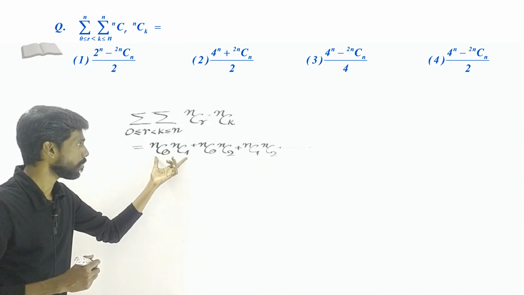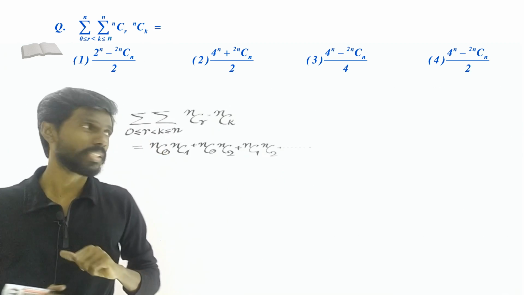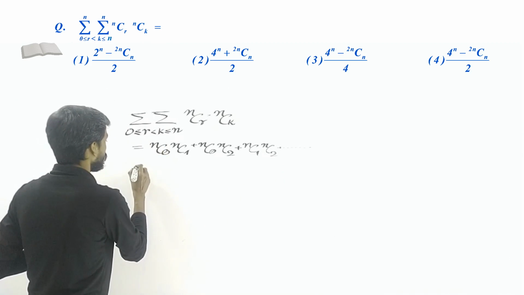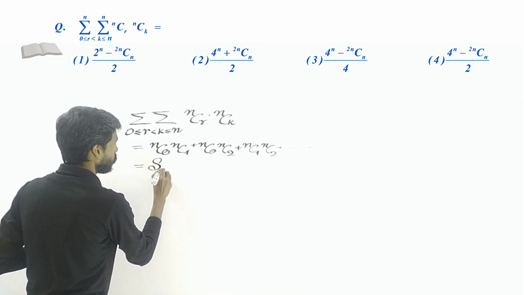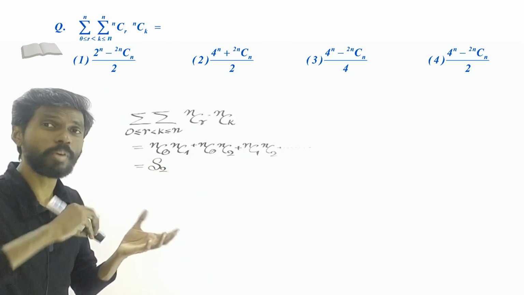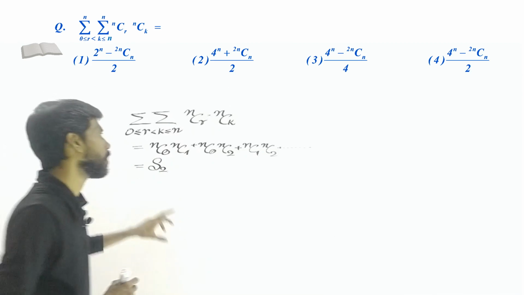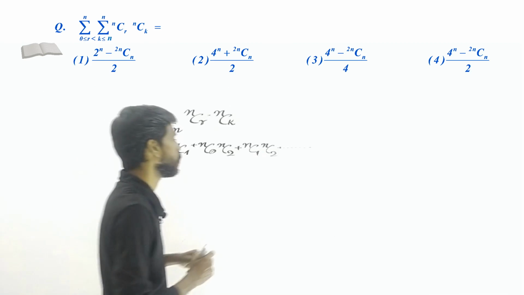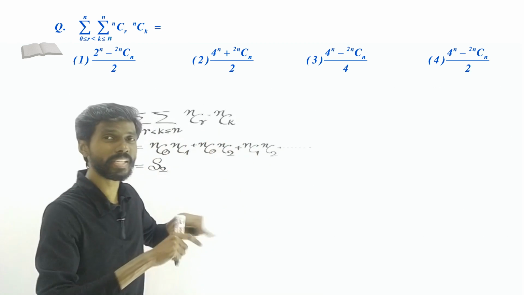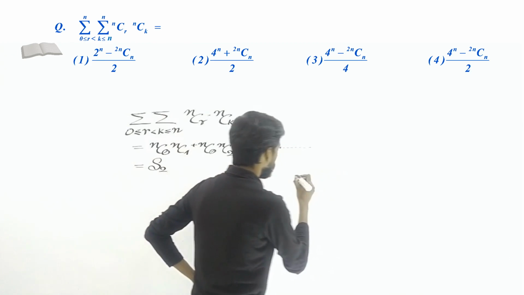Two binomial coefficients multiplied and then added, sum. So this is what is denoted by the symbol. For our convenience, we will denote this by the symbol S2. What is S2? Sum of product of values taken 2 at a time. See, we have this formula, that's what we are going to do. This is one of the methods, okay, so we can do it by other method also, writing this in the matrix form, and then we can pick the terms which are relevant to us,